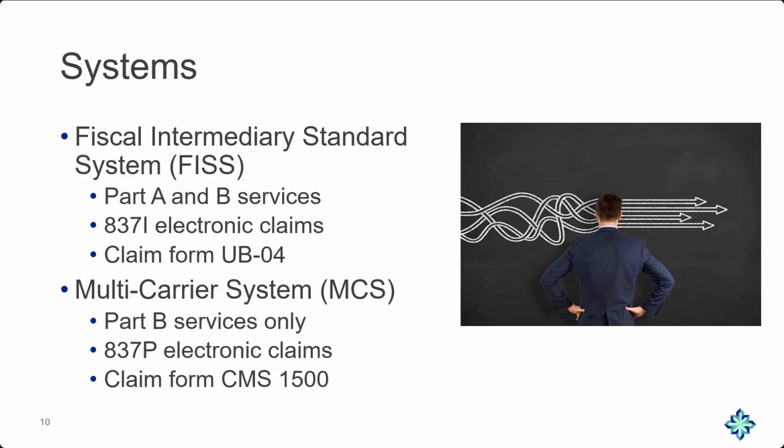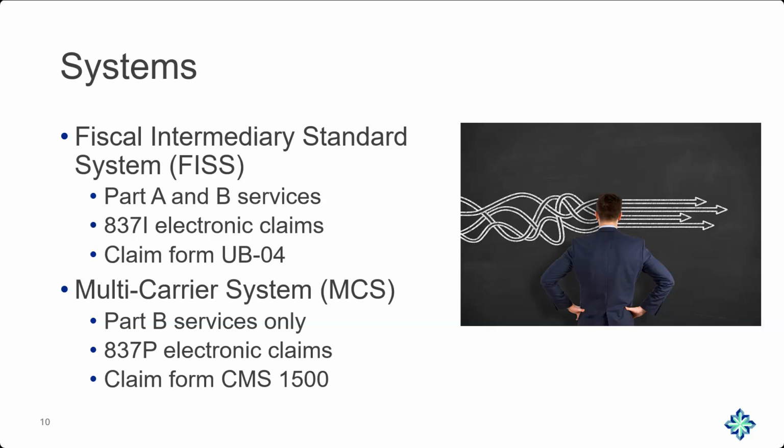When you go to bill these claims, if you bill on an 837I electronic transaction or electronic claim, you bill to FISS. If you bill on a UB04 paper claim, you bill to FISS. Now again, it's the Physician Intermediary Standard System. Some people say shared, and that's fine also. So it's really about the way in which you bill. It's a line of business is how Medicare refers to that.